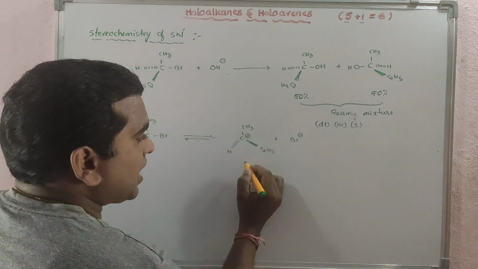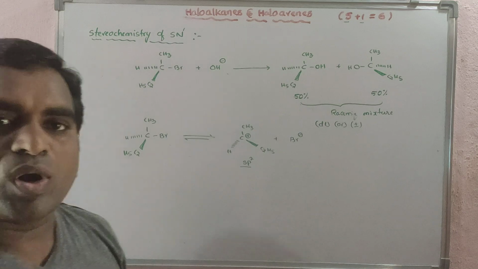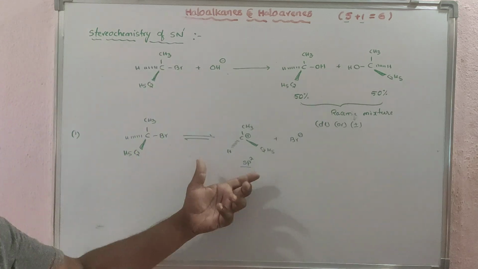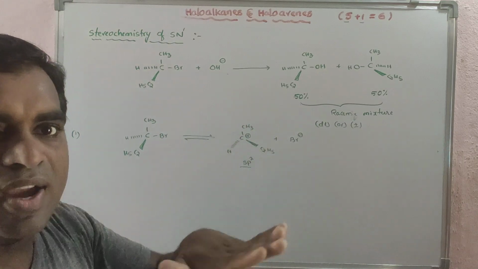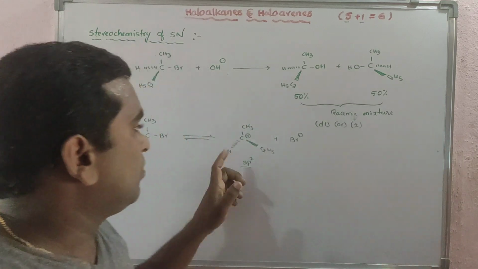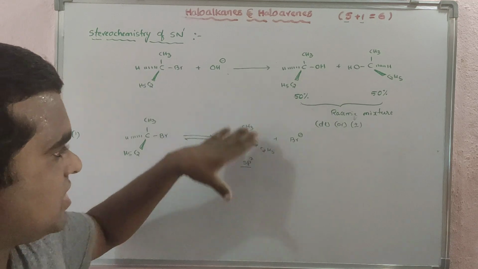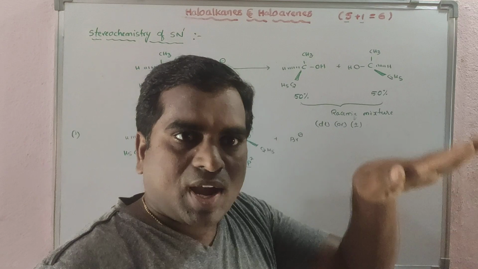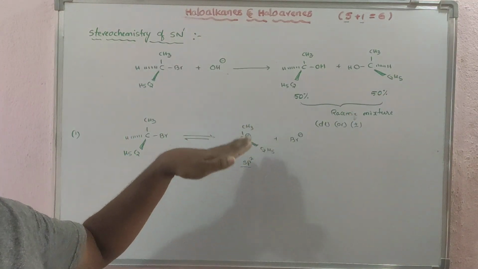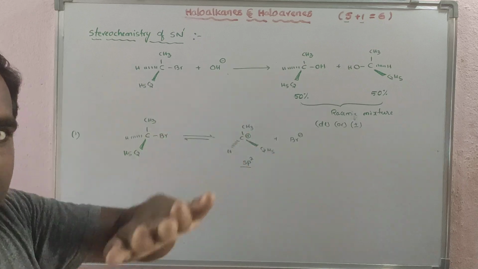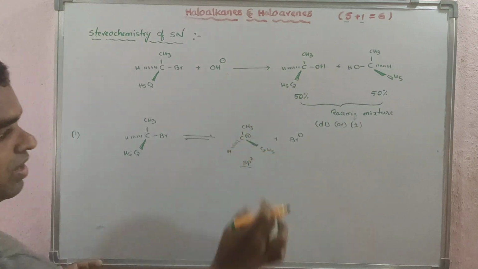What is the hybridization of the carbon of the carbocation? Sp2. Sp2 hybridized carbon. Then what is the geometry of that molecule? It is trigonal planar, meaning CH3, H and C2H5 are all present on the plane only. In the answer textbook they have given it like this, but they should not. Why? Because it is a planar molecule, all groups should be present on the plane only. But for convenience in writing these compounds, we have written like this.